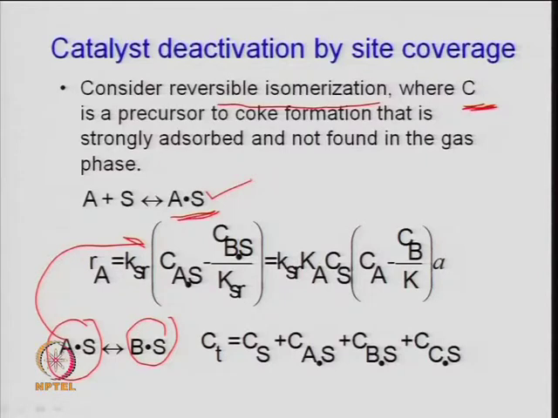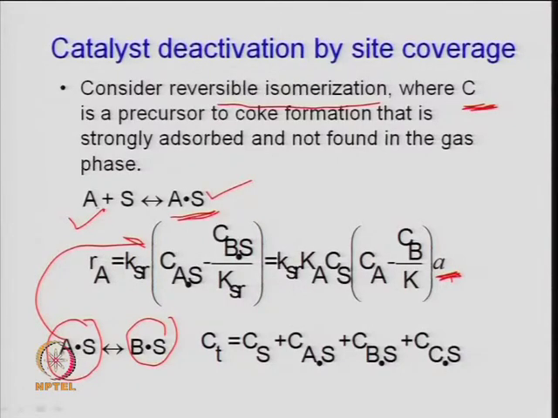So, one can write these expressions CAS, CBS in terms of the total concentration of the known species. So, site balance, as I told you. So, total concentration of the site will be CAS plus CBS, right, and part of that activity is decreased because the concentration is decreasing, because the poison is depositing, right. So, we introduced a factor here A to incorporate that. So, one can write that in the denominator of the adsorbed species, or one can write it in terms of the activity function, right. So, this is the same expression KSR times, you have just calculated CAS and CBS in terms of the known concentration, like this for CAS, right.